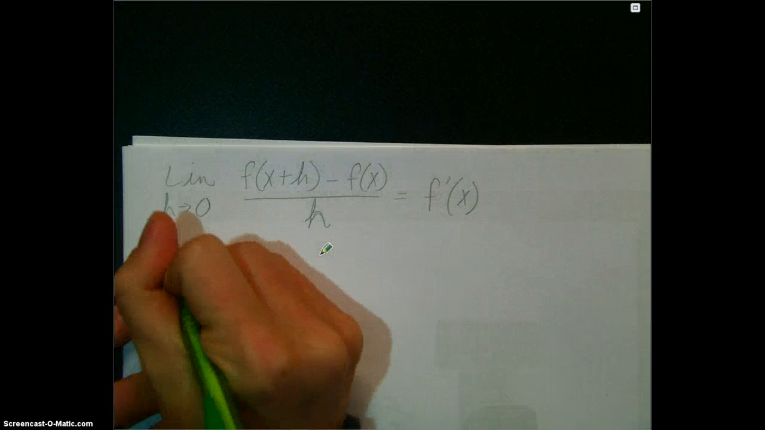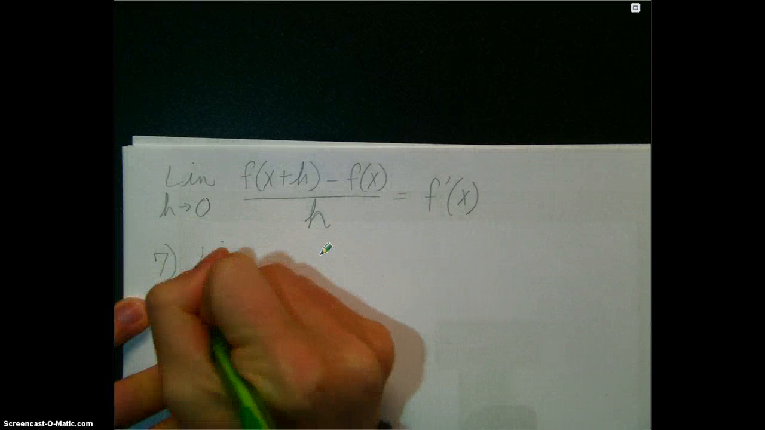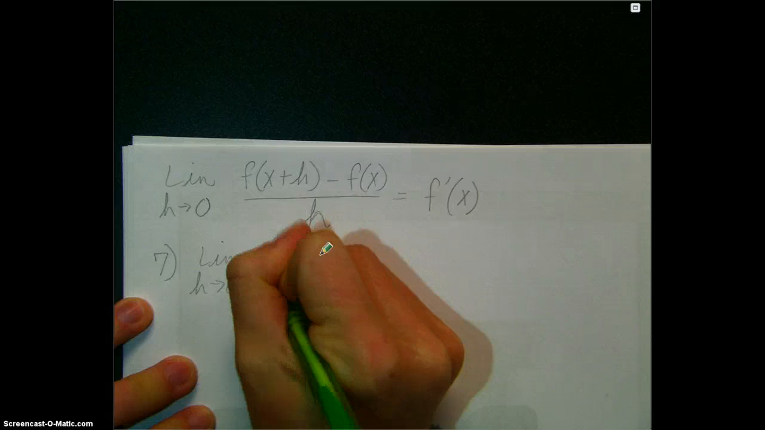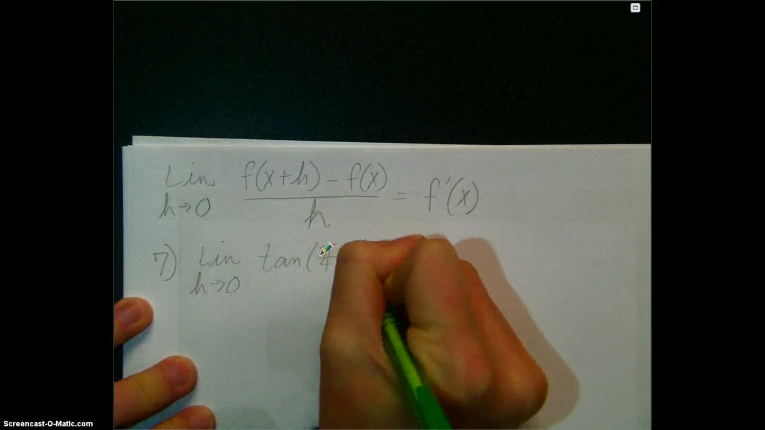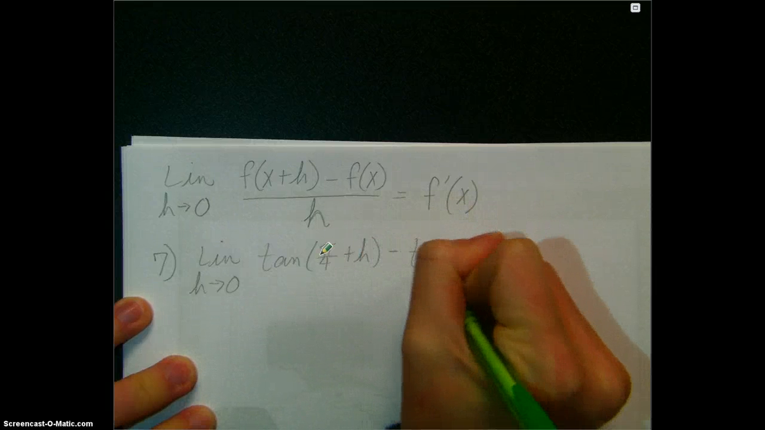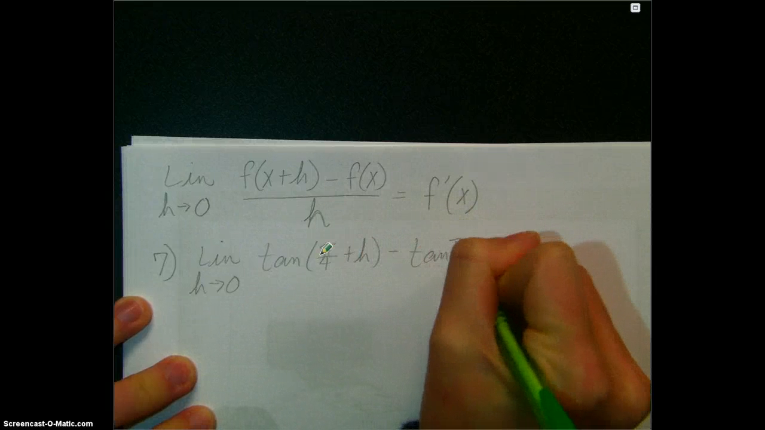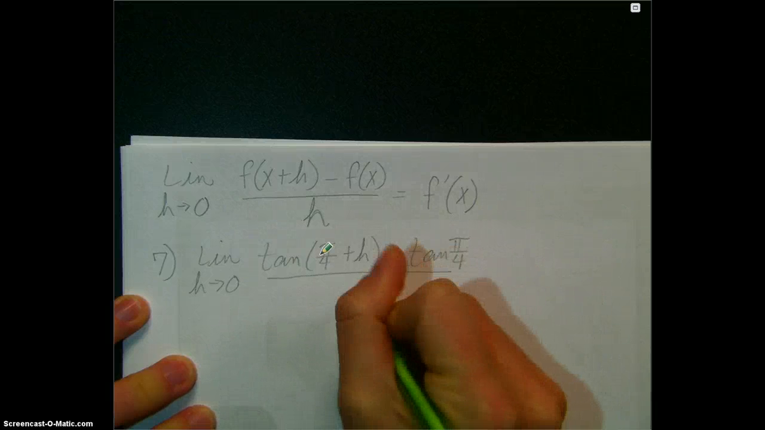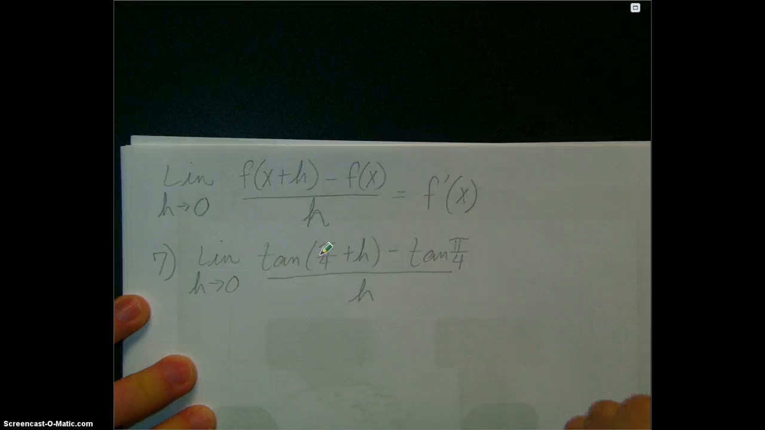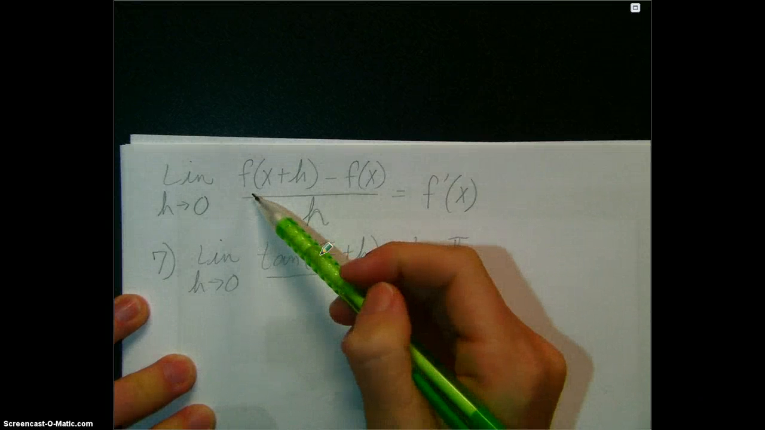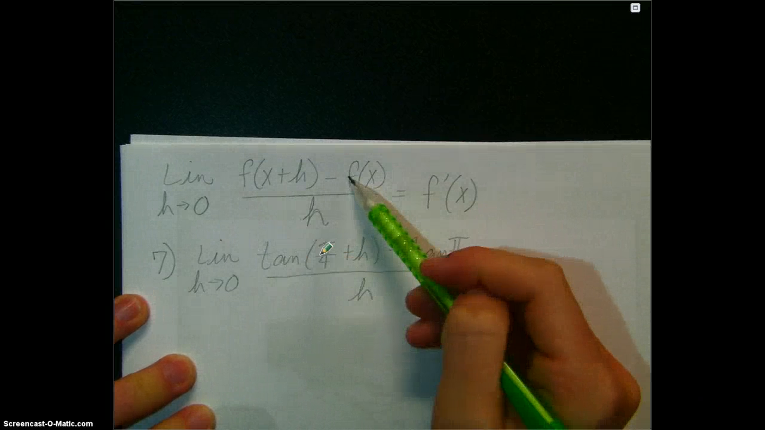Okay, so on number 7, if I'm looking at the limit as h is approaching 0 of the tangent of pi over 4 plus h minus the tangent of pi over 4, what I want to do is pull out of this the function and the x value that I'm working with. Okay, so if you look at your function, this function is on the outside of my x,